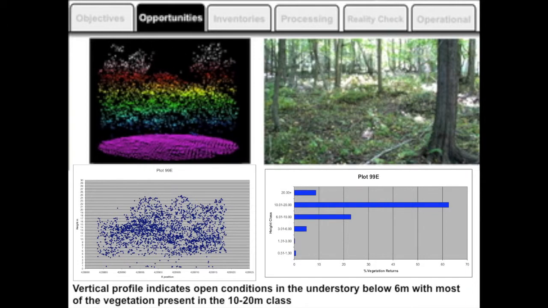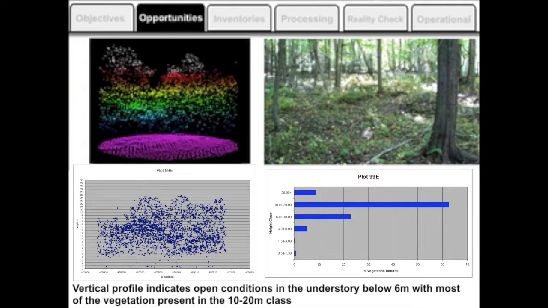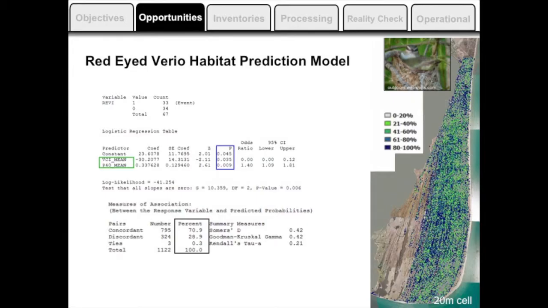With that type of information, along with some of the other predictors that folks have talked about already today, we're able to do some logistic models, which basically look at the probability of where suitable habitat for those species would be. Now, I'm not exactly sure how habitat modeling is done in Alberta, but in Ontario, we basically use age or inventory as our surrogate for some mental picture of what our forest stands will look like. I'm going to be really radical. I propose we get rid of age in an inventory. I'm going to come back to that at the end. How well is age referenced in your inventory?